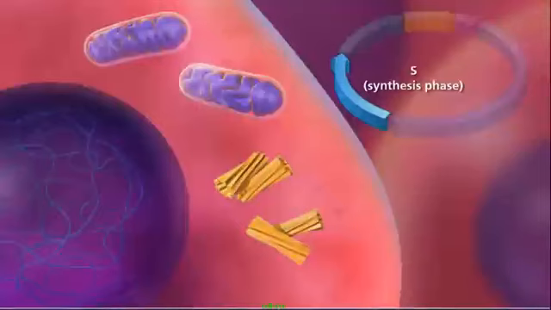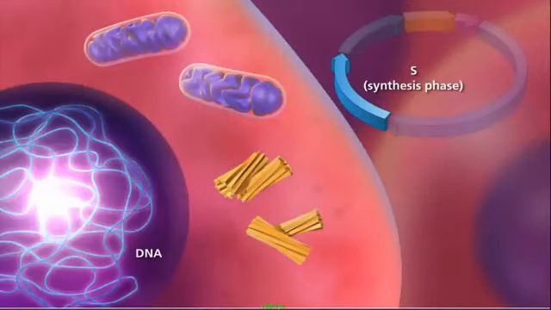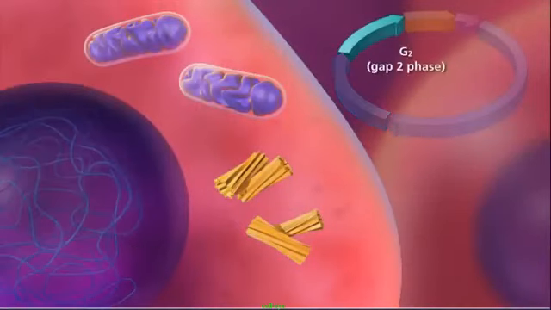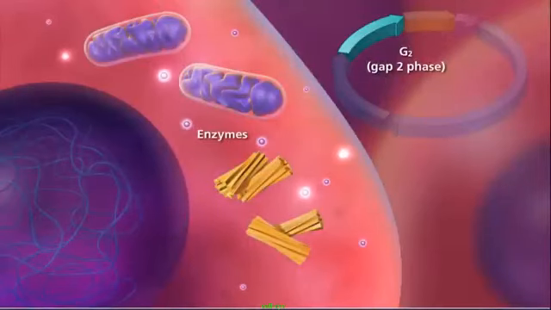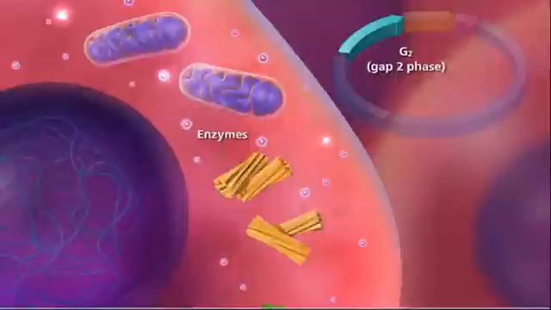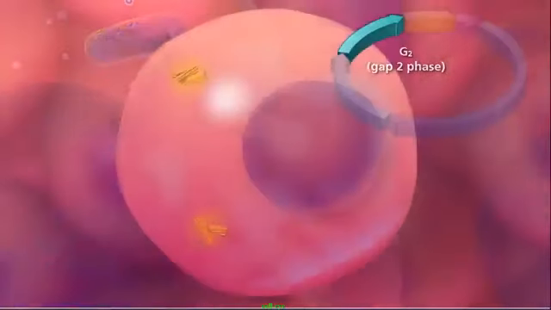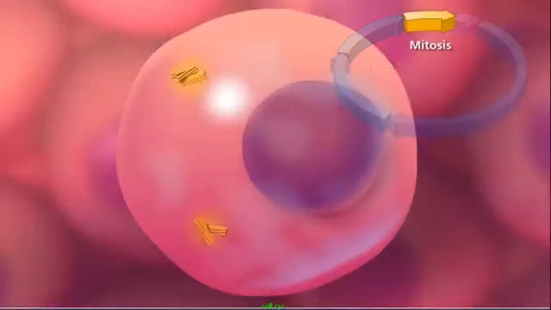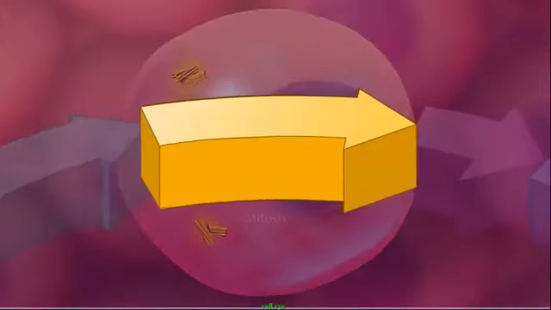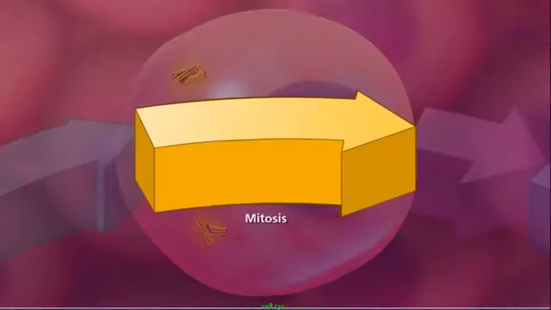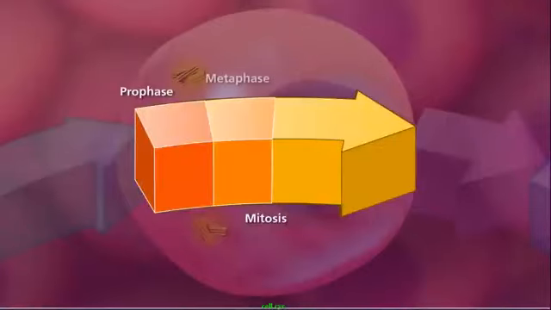Then during S or synthesis phase, the DNA replicates. Finally, during G2 or Gap2 phase, all the enzymes needed to aid in the process of cell division are produced. Most eukaryotic cells spend a great deal of time in interphase, and a very short period of time actually dividing, a process called mitosis. The cell is now ready to go through mitosis, which consists of prophase, metaphase, anaphase, and